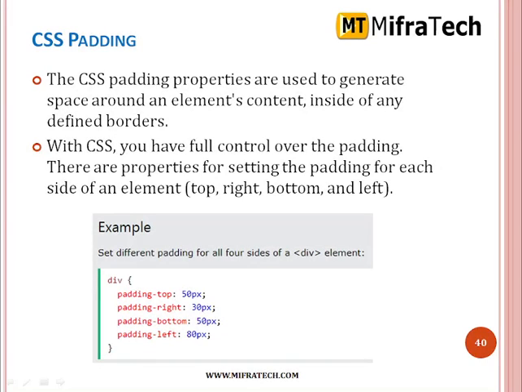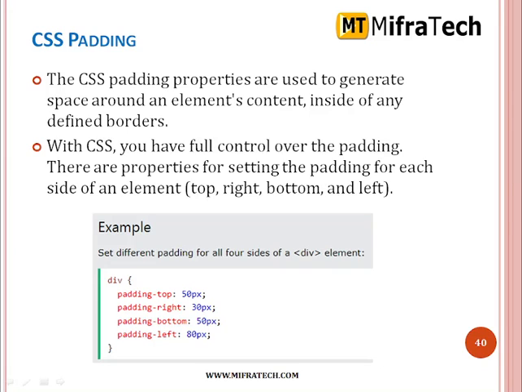Then we are moving to CSS padding. The CSS padding properties are used to generate space around an element's content, inside any defined borders. As we are seeing in padding, it refers to any space around the content. With CSS, you have full control over the padding. There are properties for setting the padding for each side of an element: top, right, bottom, and left. Same as in the